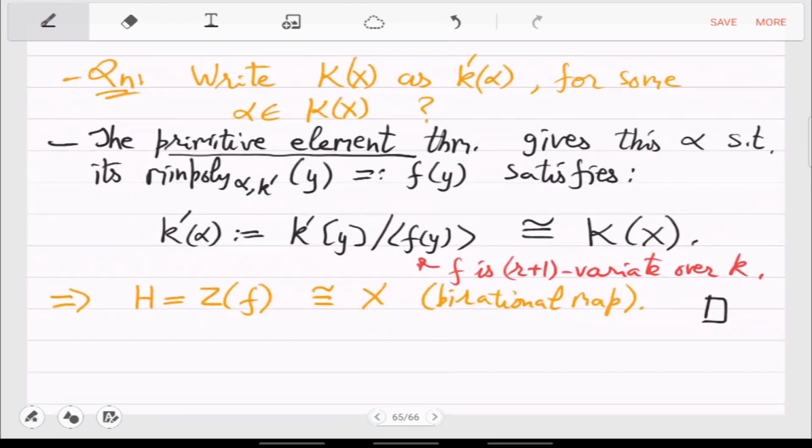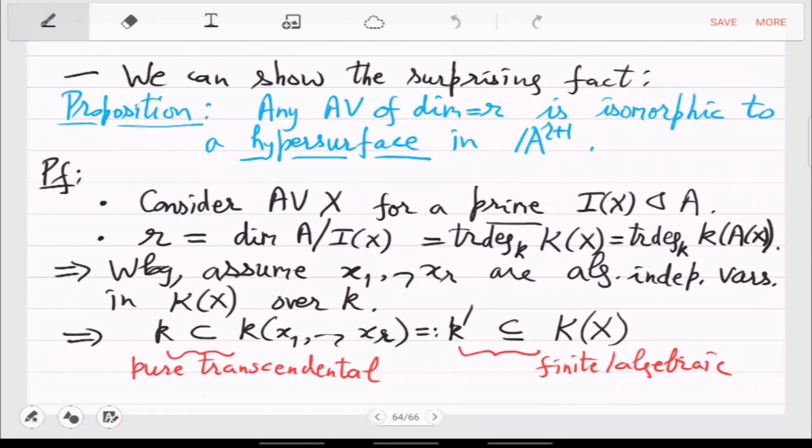Okay. So in other words, geometrically, in the real plane, for example,